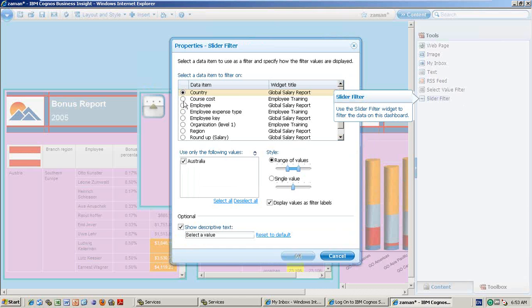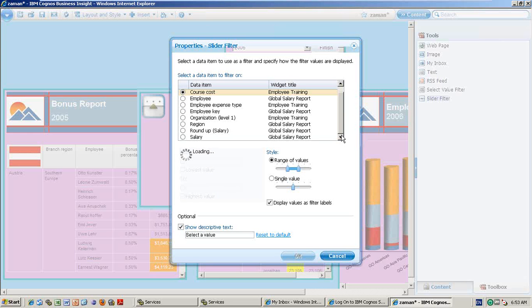See now, course cost or employee expense type and the salary. So normally it will be for measures only, right?